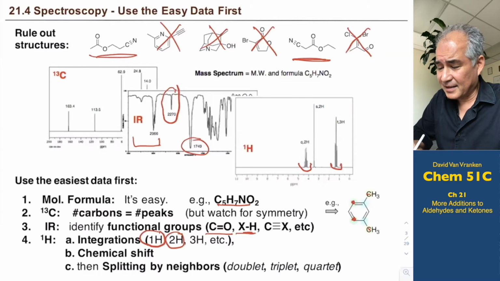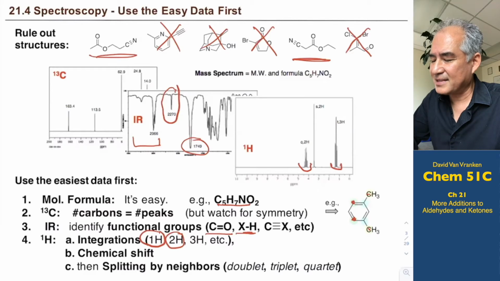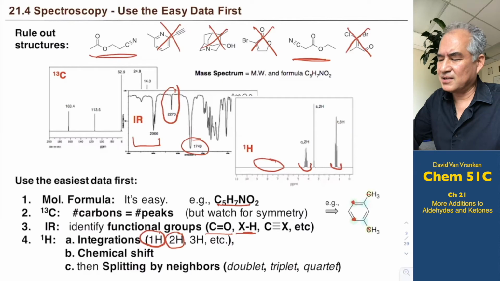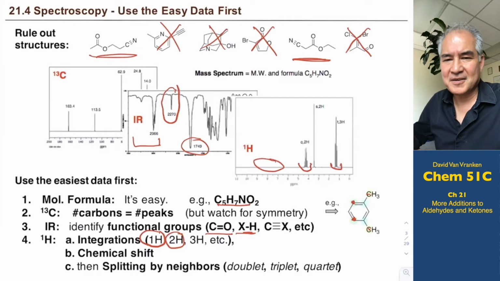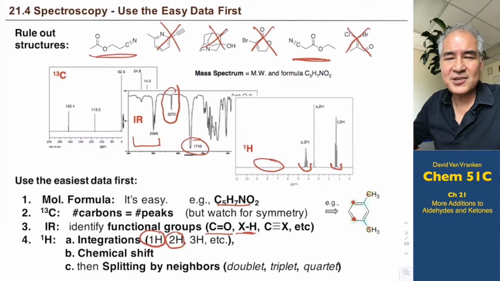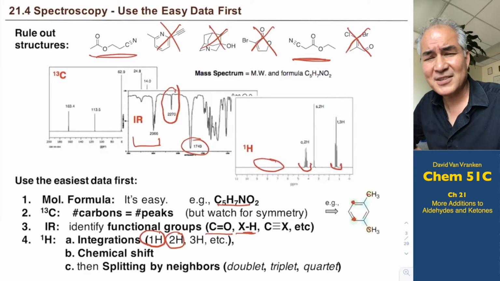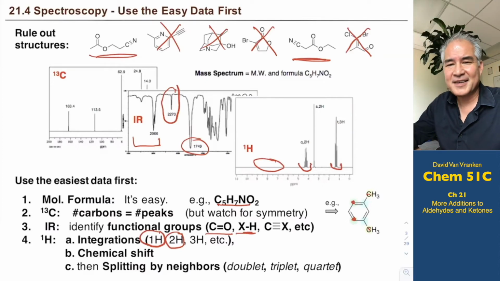The next thing that I would encourage you to look at in the proton NMR is the chemical shift region. So things down here past 7 ppm, that's usually aromatic peaks down in that region, and at lower parts per million, those are usually not aromatic peaks. The very last piece of information, which is the most obvious piece of information, so it distracts you, is the splitting patterns. That's the hardest stuff to use, because